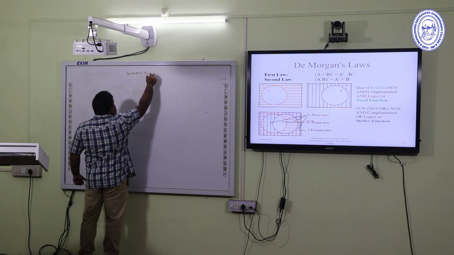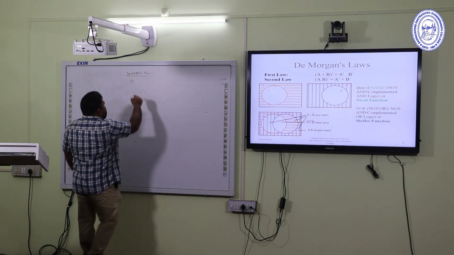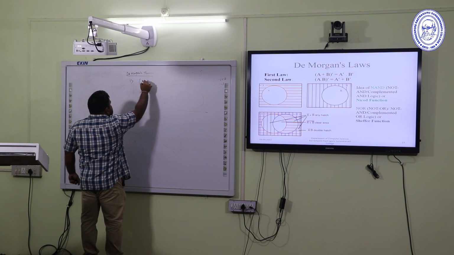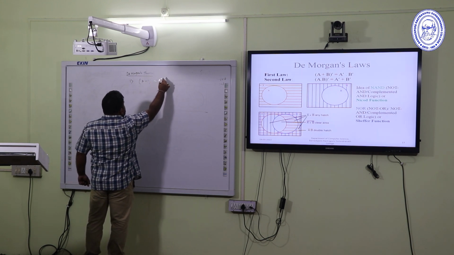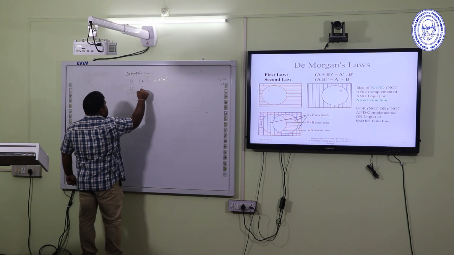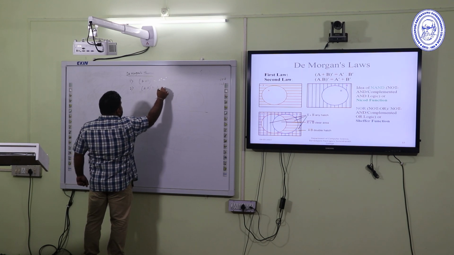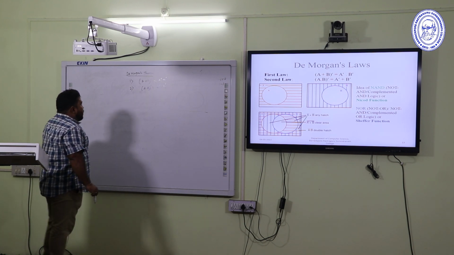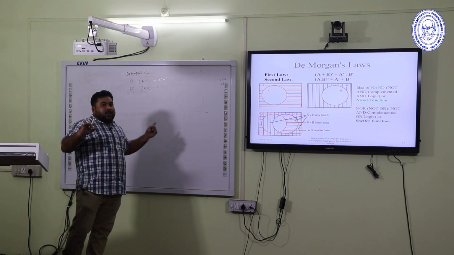The first theorem is that (a + b) whole complement equals a complement dot b complement. Number 2 is that (a dot b) whole complement equals a complement plus b complement. If we take a tabular form, it's called a truth table, and we put the values of a